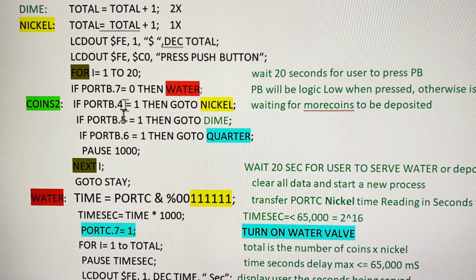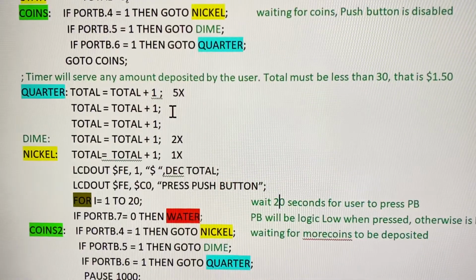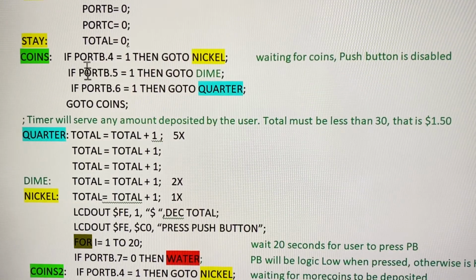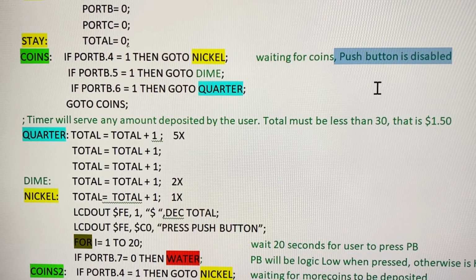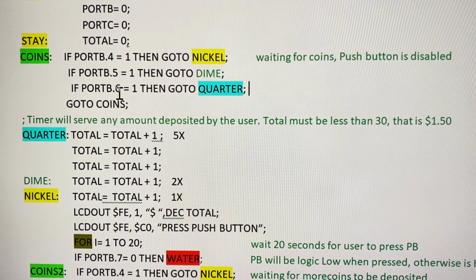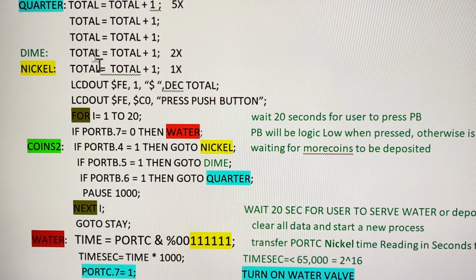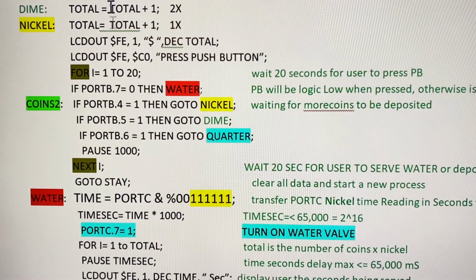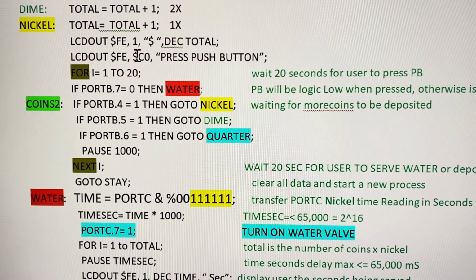Because the difference here with respect to the other detections in the beginning is that here the code is waiting for money and the user is not allowed to press the push button. That's why right here it says the push button is disabled. So we're not allowing the user to serve water because he hasn't deposited any coin. But right here he has deposited in these loops. We already detected one coin,